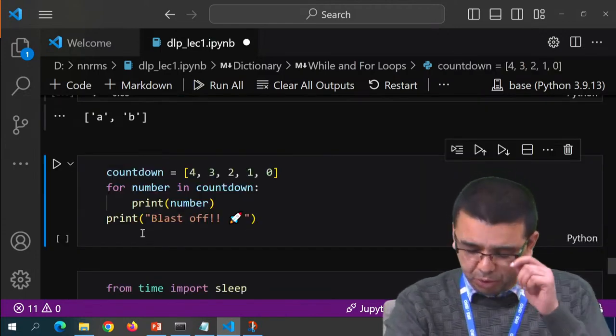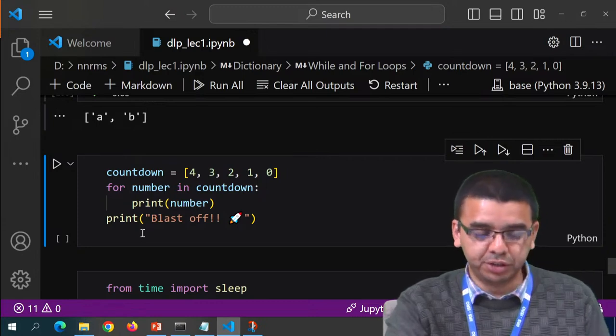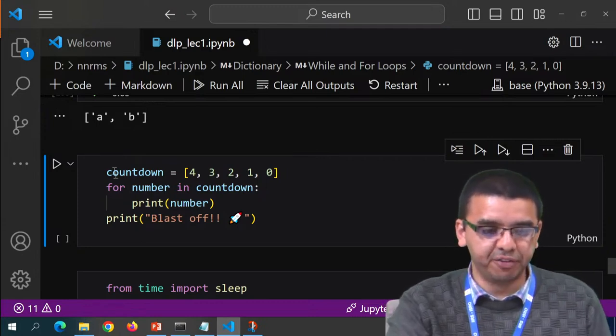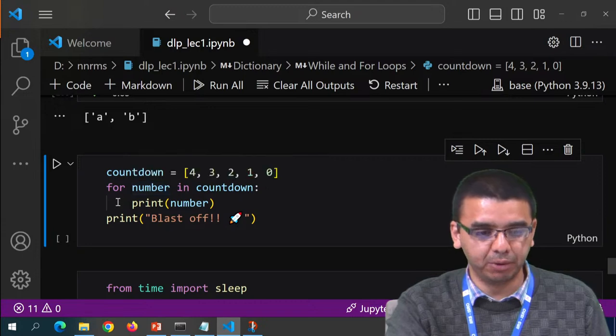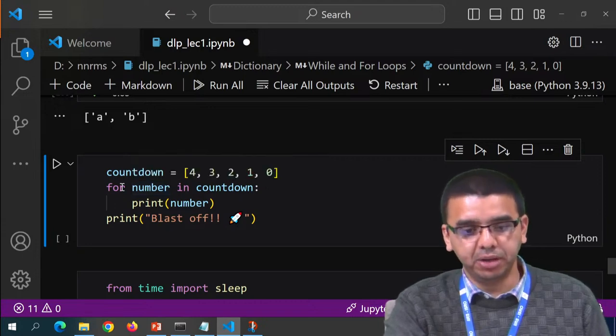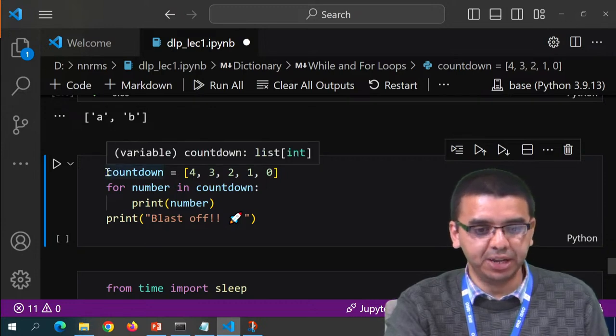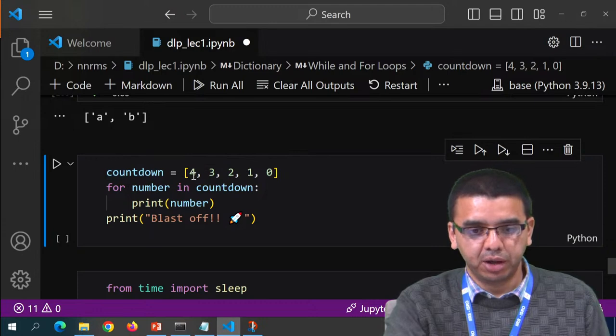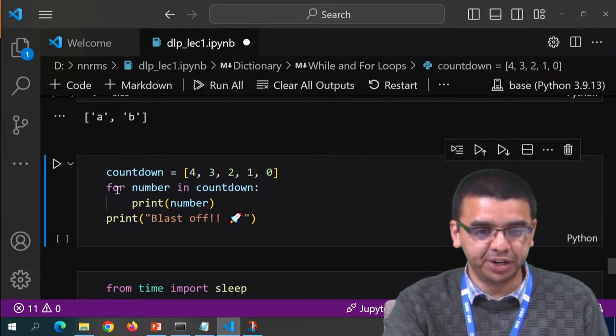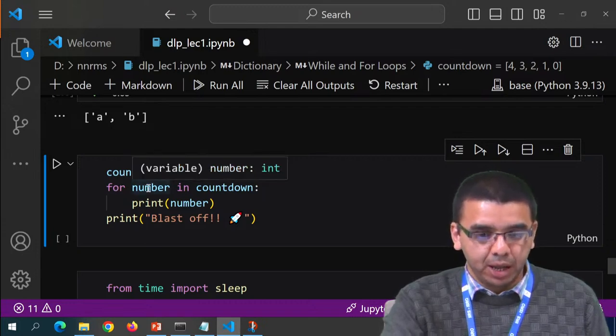Similarly, suppose you want to use a for loop. The for loop in Python is slightly different from the for loop in other programming languages. For loop in Python is used for iterating over a list. Here we have defined a list called countdown, and we have stored these values in it. Now suppose you want to iterate over these elements one by one, so this is the syntax for number